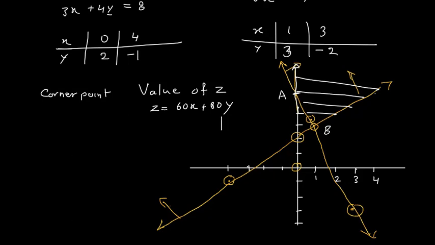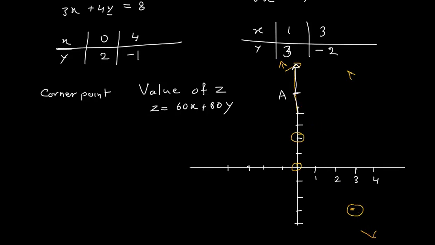So we have made a mistake while drawing this diagram. Yes, 4 comma minus 1. Here I have taken minus 4 comma minus 1. So this point is wrong. Let us erase that point. Now 0 comma 2 is okay. 4 comma minus 1, so I will get the point 4 comma minus 1 somewhere here. So I have to draw a line like this.